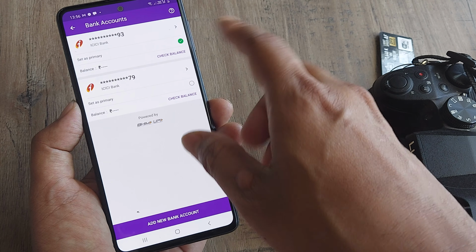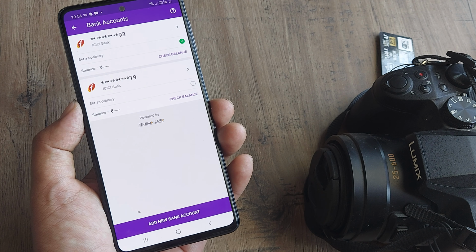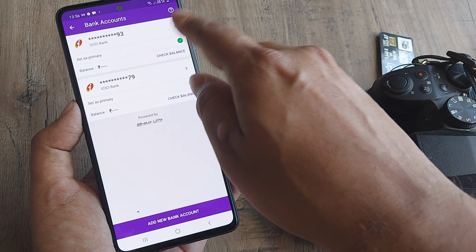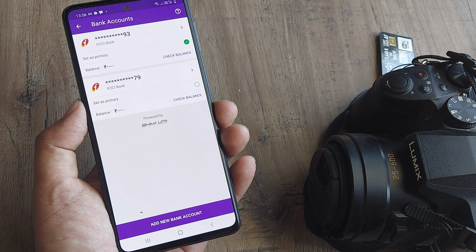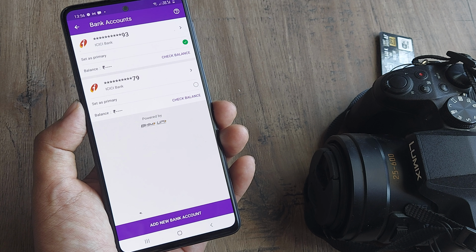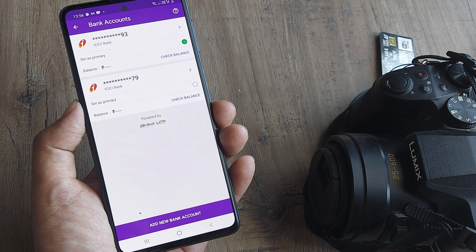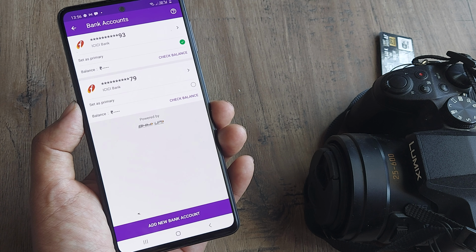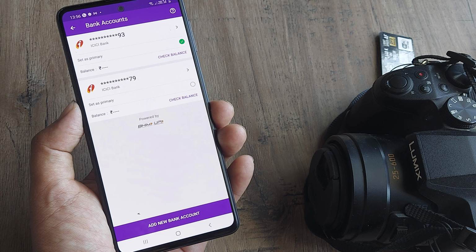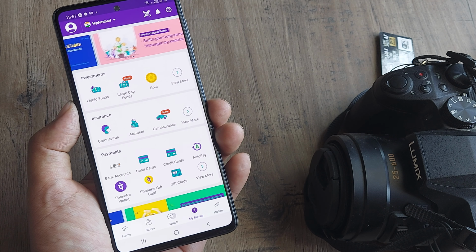Once the bank has been added and starts reflecting like this, you will see there is this checkbox here. What this checkbox reflects is that this account has now been set as the primary or default bank account, as you may like to call it. Anytime you make a payment, this is the account that gets debited, and this is the account that gets credited when someone makes you a payment. Why is this important? Because if you have multiple bank accounts, quite obviously when someone sends you money, not all the accounts will get credited, right?